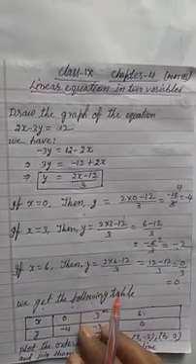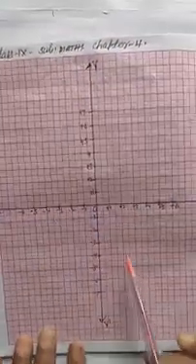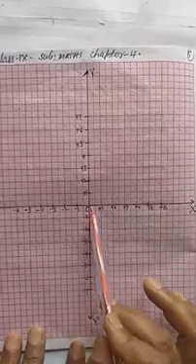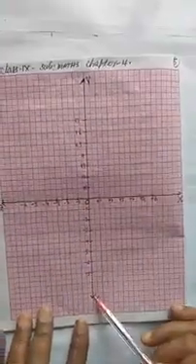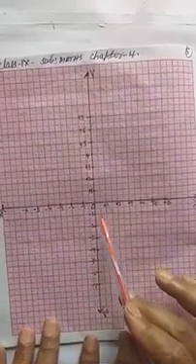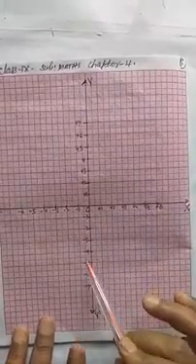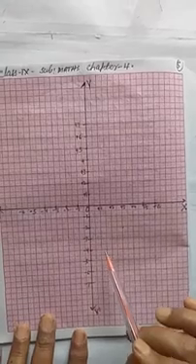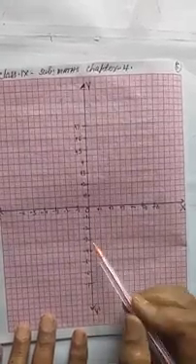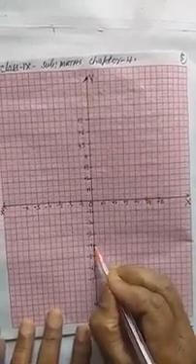Now let's see the graph. How will we draw it with the help of the graph? Now students, this is the Cartesian plane. This is the x dash and y dash. The two axes are perpendicular to each other. Is it clear? So I have the ordered pairs, so put the ordered pair. The first ordered pair is 0 and minus 4, where the abscissa will be 0 and here is minus 4. So the first point is coming here.